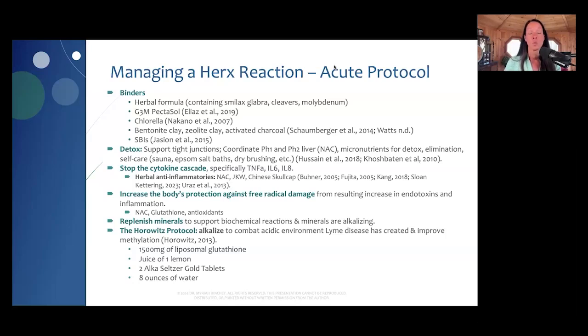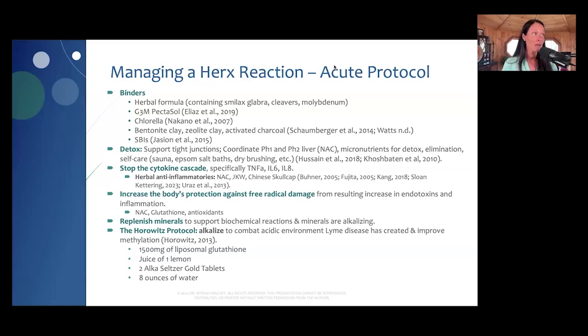What G3M is wonderful at binding is the LPS, also heavy metals. It helps to break down biofilms in the body. It actually has a dual, or I would say actually triple effect, because it helps to decrease interleukin 6 and interleukin 1 beta, and it also helps to heal up those tight junctions that are broken down with leaky gut. So hands down, G3M Pectisol is one of my favorite things to use, not only to